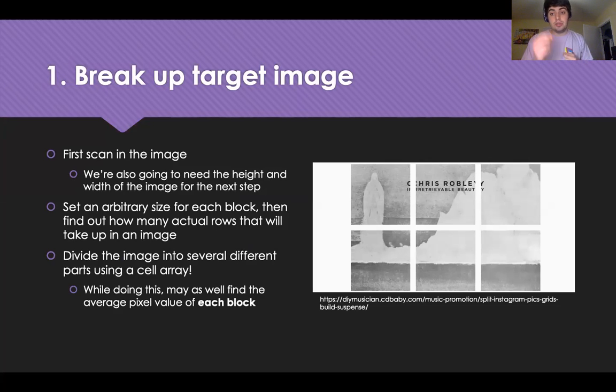I'm going to need to use that size to split up the image into several smaller blocks, a grid of blocks that all represent different portions of the image. And I used a cell array to store those. And we're going to need to use these to insert the photomosaic photos. And while doing this, I also stored the average value of each block into another array,